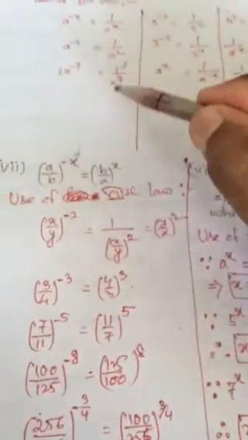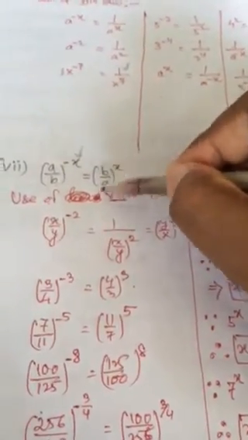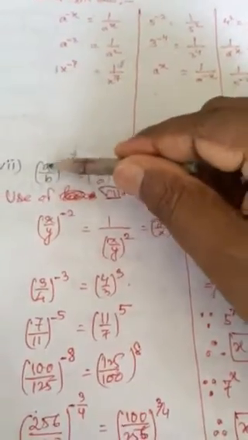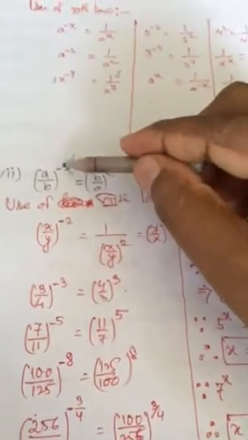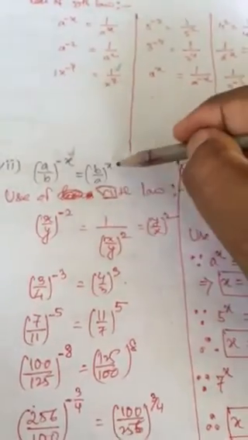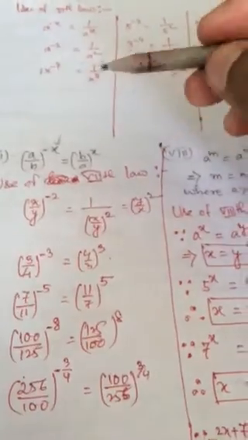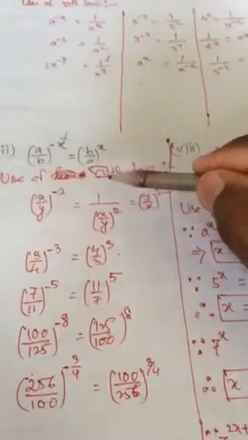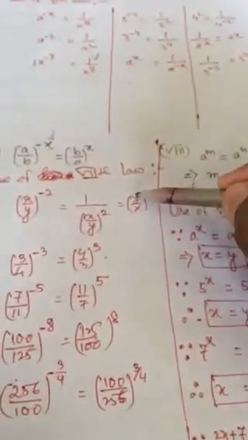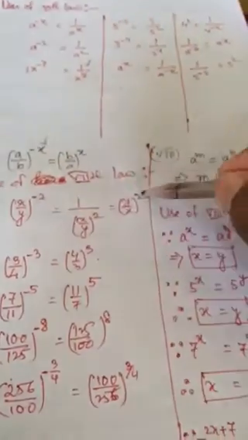Okay, got my point? a by b, now you have written the reciprocal form. The reciprocal of a by b is b by a. You have written the reciprocal form, so the sign will also reverse. Minus will change into plus, plus will change into minus. So here we will learn how to use the seventh law of indices. x by y to the power minus 2: I have already told you, if you write the reciprocal form, y by x to the power positive 2, it was negative 2, it is now positive 2.